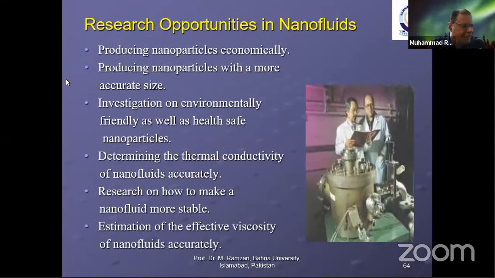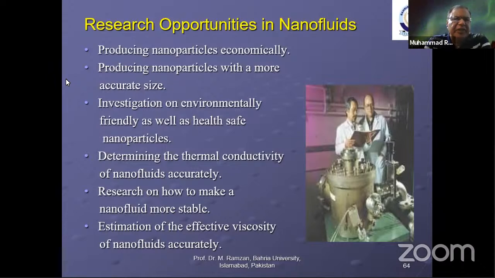There you can say still great opportunities available for nanofluids. As we have discussed in the slide, the production of nanofluids is relatively high cost, so more research is needed to make them economical as far as production is concerned. Secondly, the production of nanoparticles with more accurate size. Sometimes when we produce nanoparticles, the sizes of the particles vary. We need to have the same size particles to enhance the efficiency of the